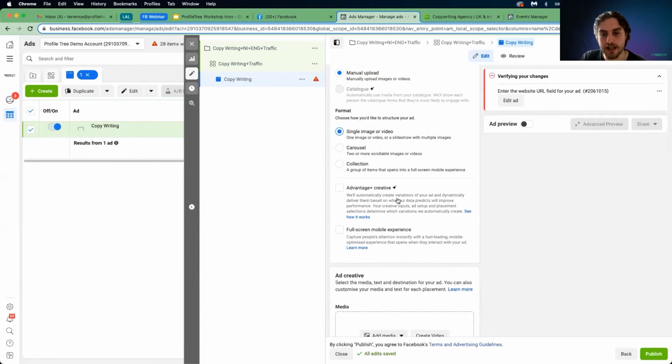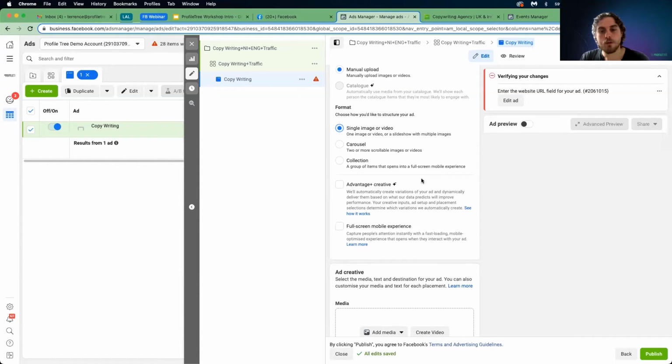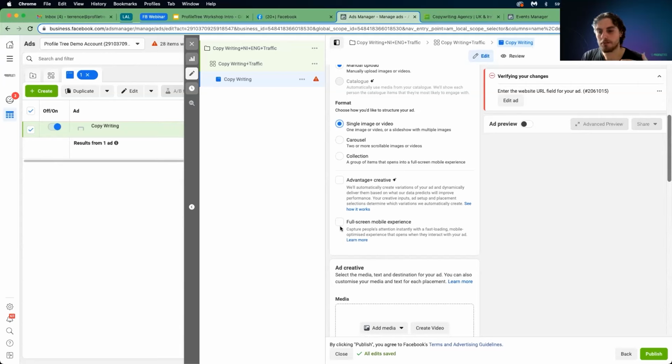Okay, so Advantage Creative will automatically create variations of your ad. Once again, I don't recommend using that. You can, it works perfectly well, but we'll have more control if we duplicate the ad and then make the change manually. Okay, full screen mobile experience is a very nice thing that Facebook has added,